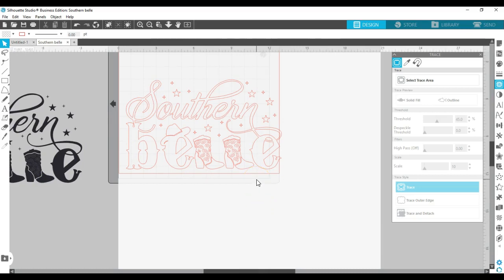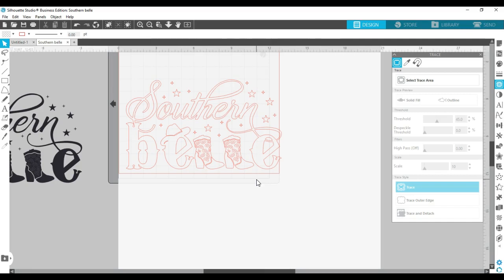Now, in order to mirror, the word is used, but when you mirror something in the send panel, like the default little, would you like to send this mirrored because you're working with HTV, it flips your entire design from the top to the bottom, and it flips it all around. So if you're like me, I am a